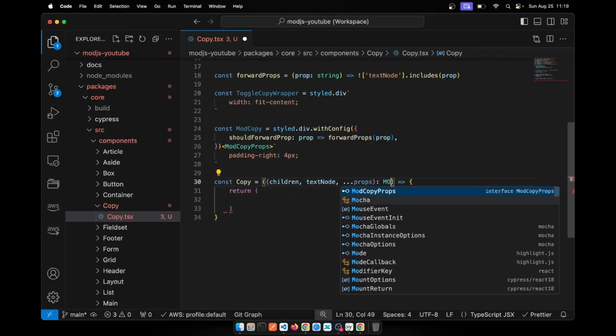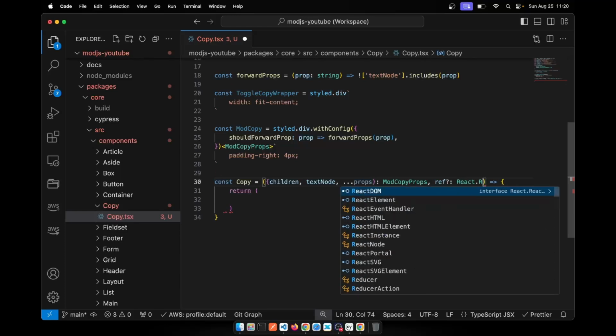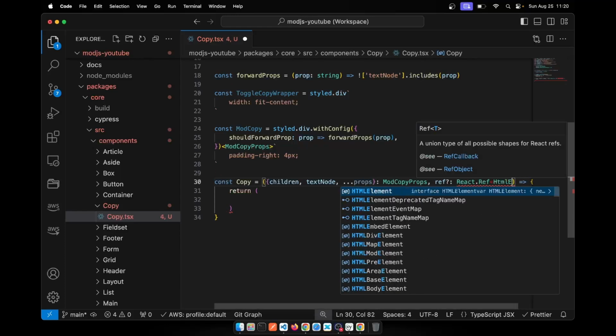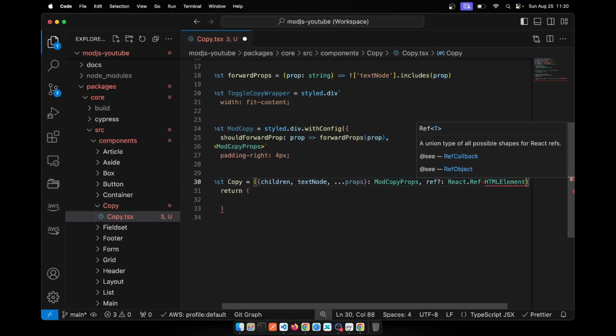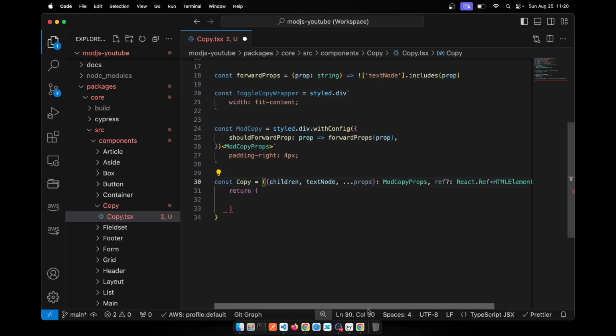Let's apply a type for this. So that's Mod copy props. So children, text node props, and I always keep forgetting ref. This is ref, React.Ref HTML element. I'm sure there are other ways to do this instead of writing ref in every single component, but with optimization, we will never get done with optimizing our code and making our code better. Okay, so that's the truth of life. But